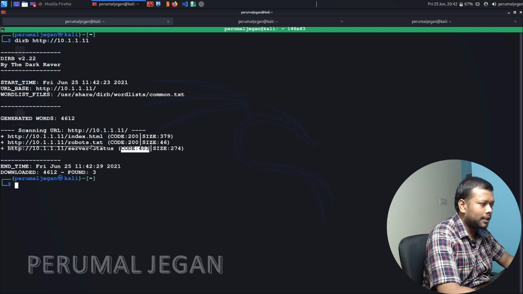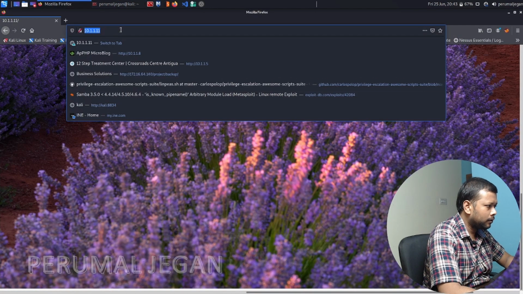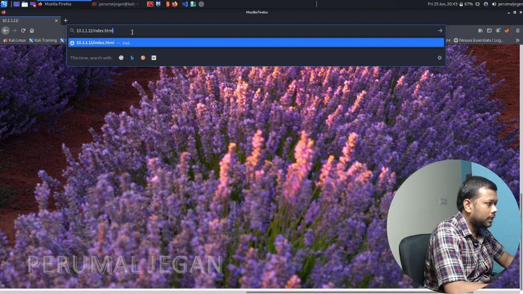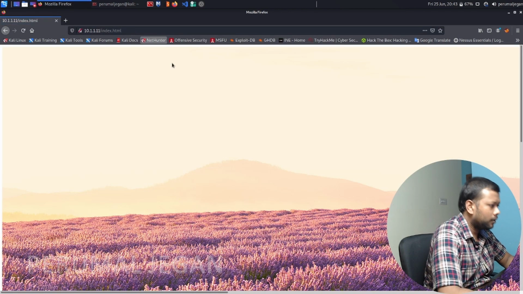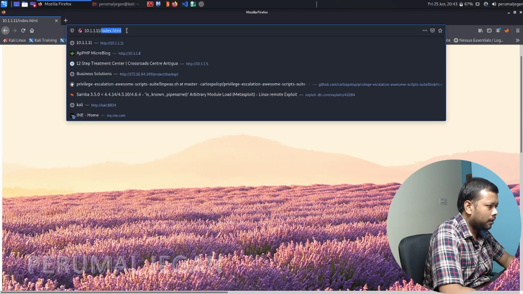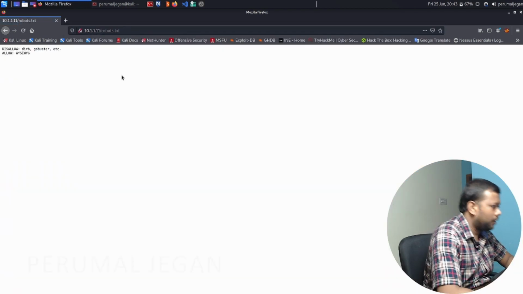I think index.html is the same image that we've seen before. Let's confirm that. Index.html, yes, it is the same page, and we found another document, robots.txt.